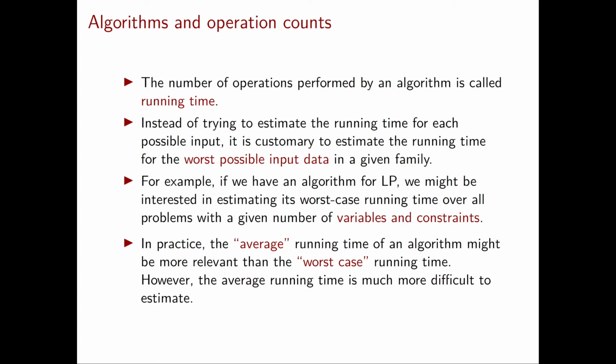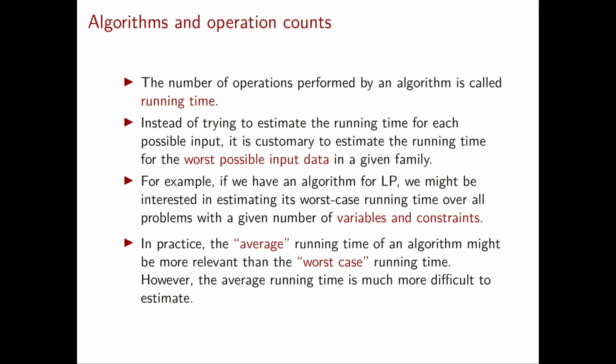In particular, this means that for a specific number of variables and a specific number of constraints, we want to obtain a unique running time, which is a little bit strange because there are many possible inputs that share the same number of variables and constraints. So how can we do this? Here there's a specific choice that we can make. Among all the possible instances with that number of variables and that number of constraints, we pick the worst case, namely the input with the longest running time.